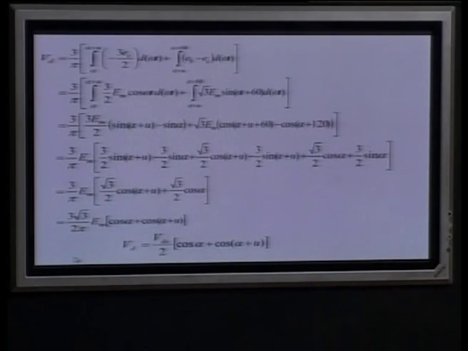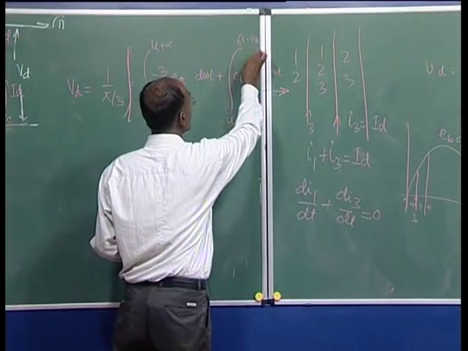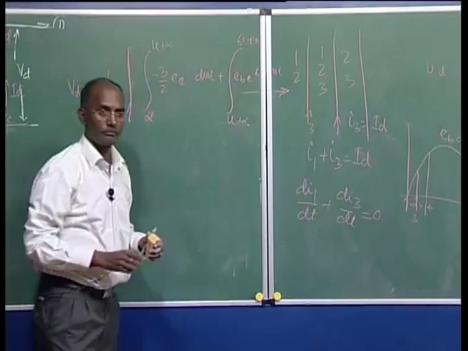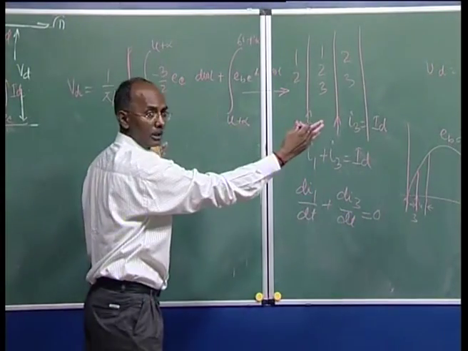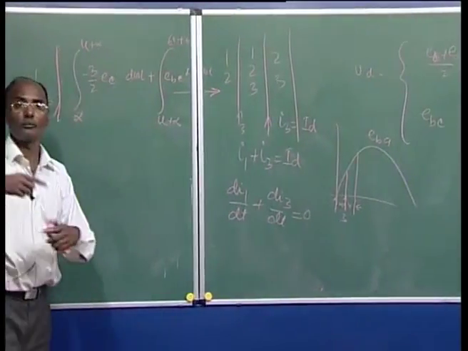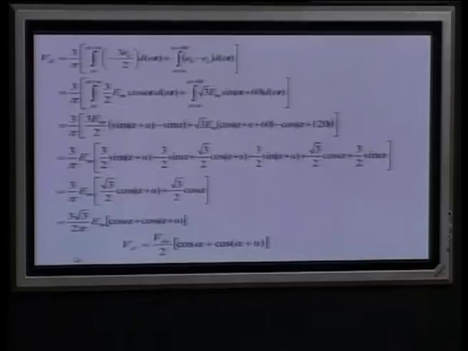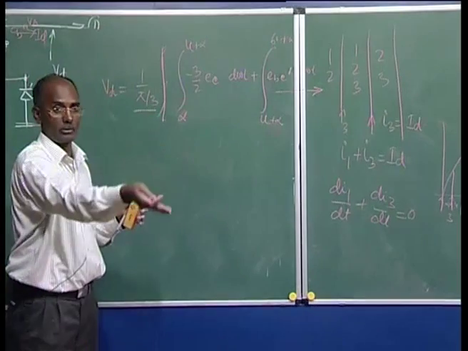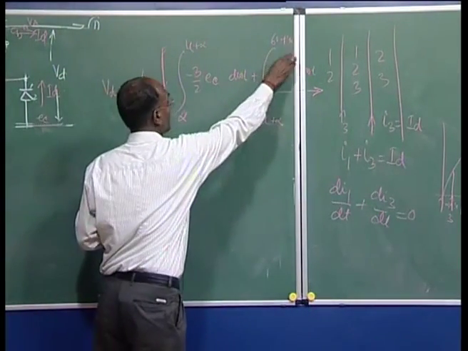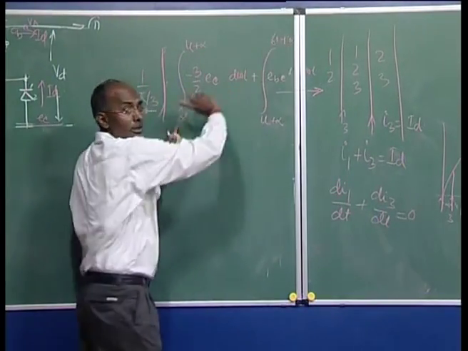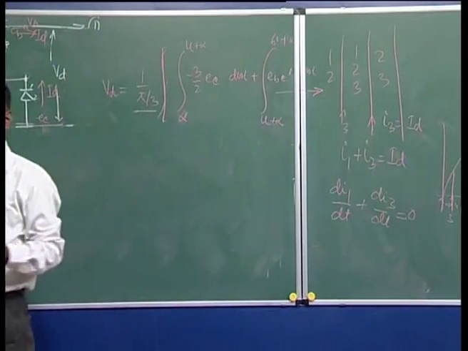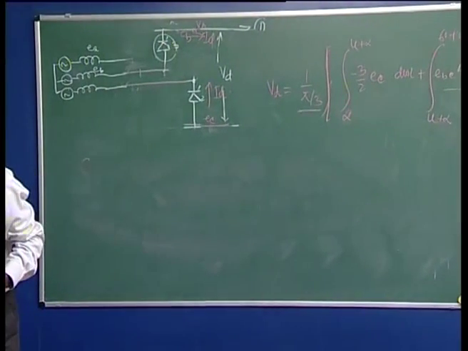Here the 60 plus alpha will be there, because we are just delaying for 60 degrees, we are talking only. Other period we are not talking, because this will continue for the remaining period. Here it is alpha plus 60 degrees only we are considering, because again it is symmetric. So here it is alpha to alpha plus u, and then up to 60 plus alpha. Now you can say the total period here is 60 degrees, the upper limit minus the lower limit. So now we are going to just integrate.